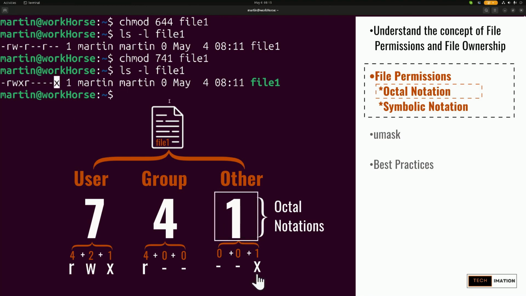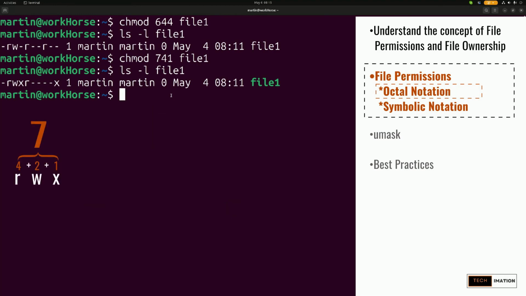All right? So that's how it's done, using the octal notation. So when you're using the octal notation, the numbers will represent read, write, and execute in combination to form the permissions given. Let me run through all the possibilities. A 7 will represent read, write, and execute. A 6 will represent